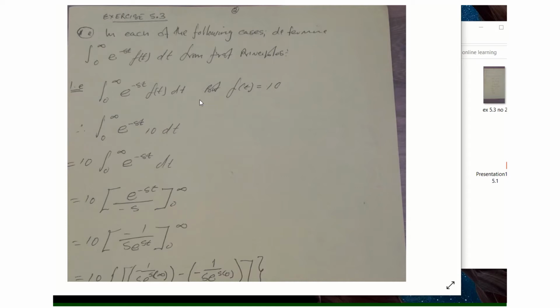It's not really difficult. They're saying in each of the following cases, determine from first principle the integral between infinity and 0 of e raised to minus st, the function of t dt. So as you can see, we are given a function of t, which is number 1e. The function of t is equal to 10. And then you replace this function of t with the 10. And then 10 is a constant term, it goes out. And then when you integrate,